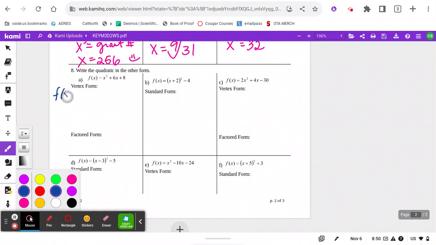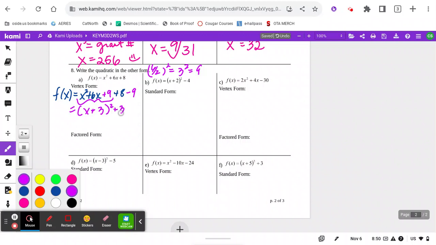We go step 1, make space. Step 2, B work. Add and subtract that B work. This makes the x plus 3 squared factors. And then 48 minus 9 would be